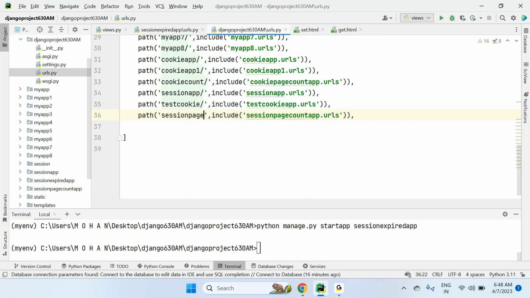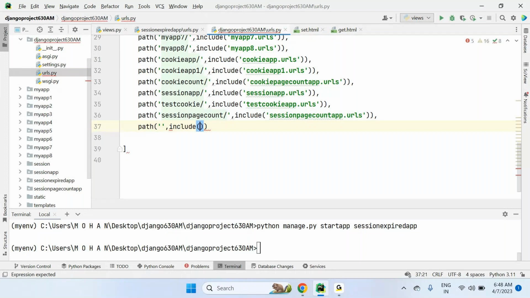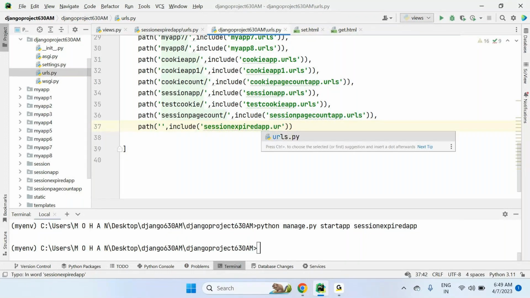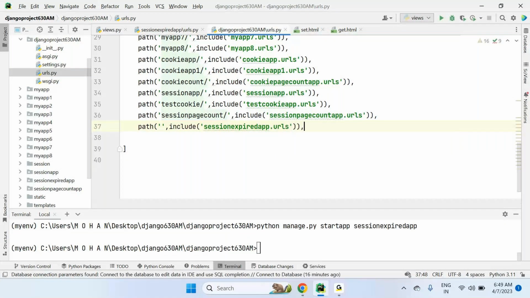Session page count, path I'm including. So include session expired app dot URLs. Yeah, so it's important to us. First, what I'm trying to do in the